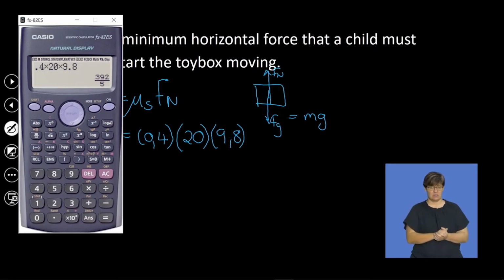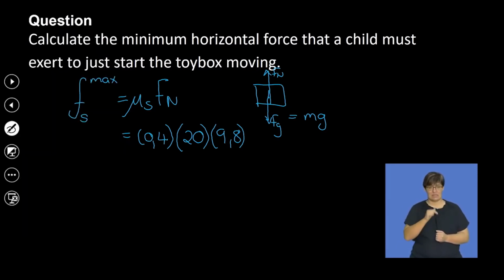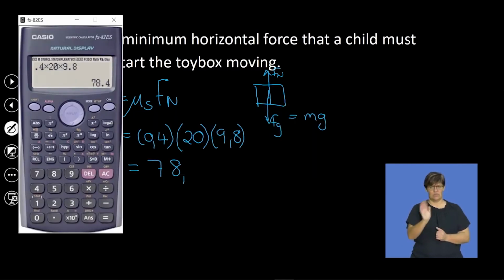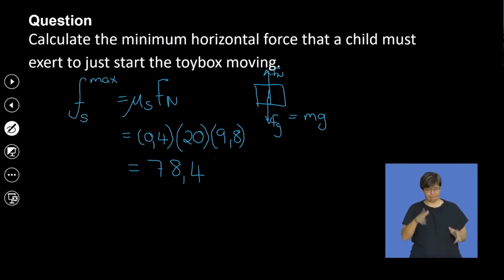No fractions, okay? So we're going to change it into a decimal, 78.94. Oh, wait. Let me just, 78.4. I don't know where I got the 9 from. Let's just go with it. Now,